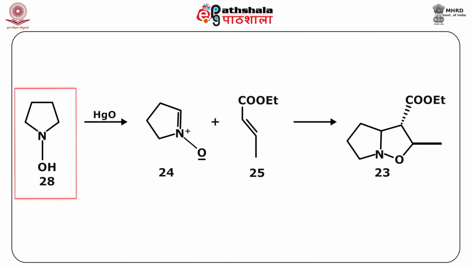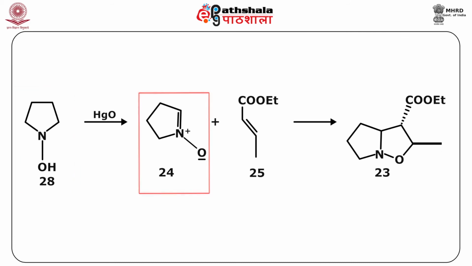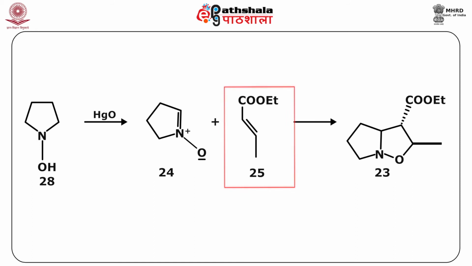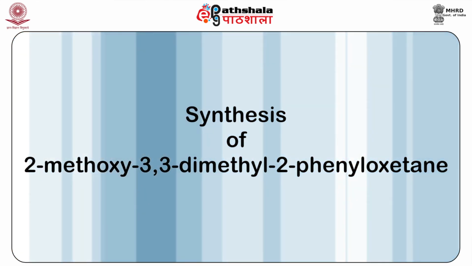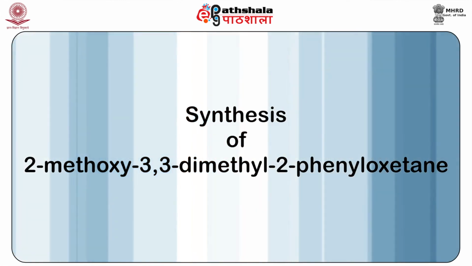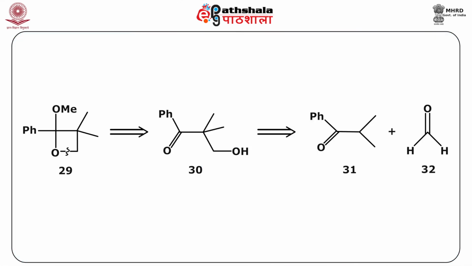Pyrrolidin-1-ol undergoes oxidation to give nitrone. The cycloaddition of nitrone and E-ethyl but-2-enoate gives the desired product, and the trans stereochemistry of the unsaturated ester is preserved. Synthesis of 2-methoxy-3,3-dimethyl-2-phenyloxetane. The disconnection approach shows that 2-methoxy-3,3-dimethyl-2-phenyloxetane is synthesized from 3-hydroxy-